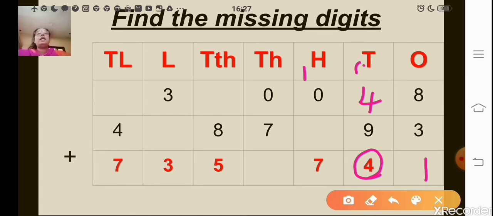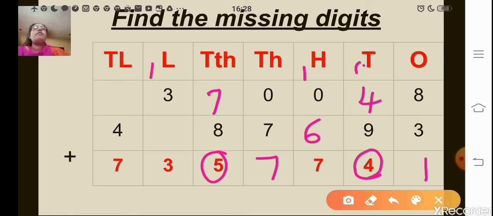Now here in the next number, the number is 7. 1 added to which number will give you 7? So 1 plus 6 is 7. Now here it is a direct addition. 0 plus 7 is 7. Now here 8 added to what number will give you 5? Now 5 is smaller than 8, so it should be 15. So 8 added to which number will give you 15? 8 plus 7 will give you 15, where 5 is written here and 1 will be carried to